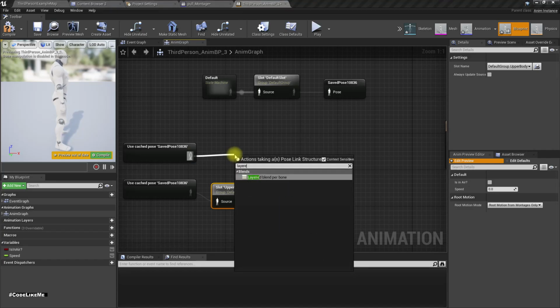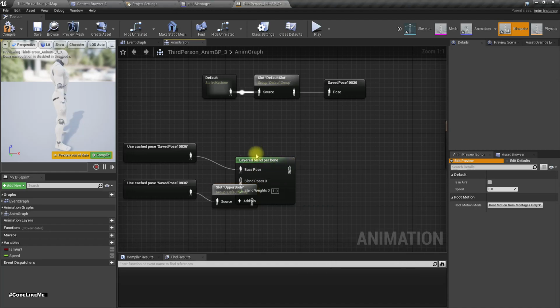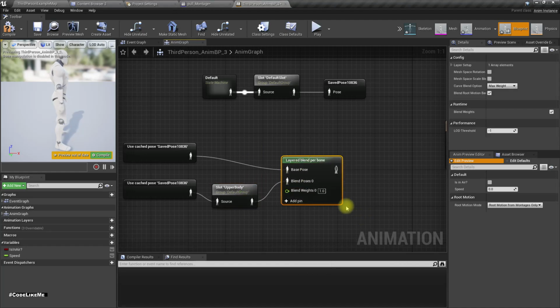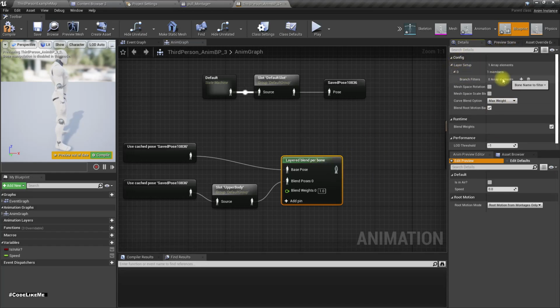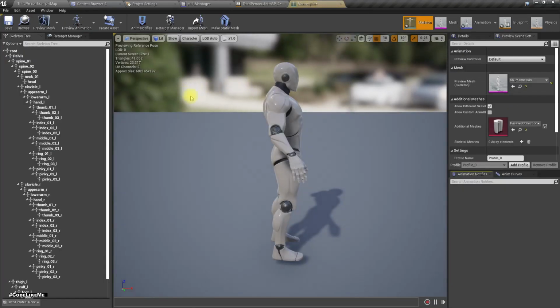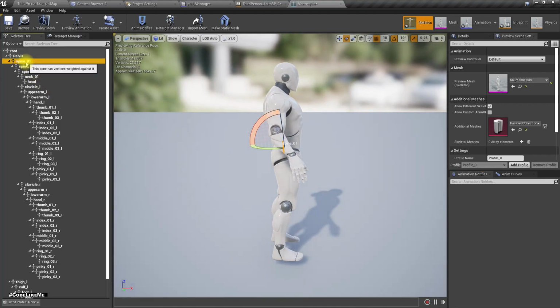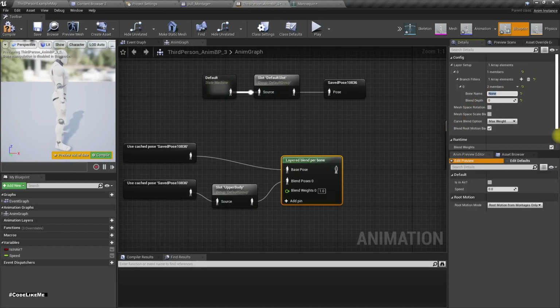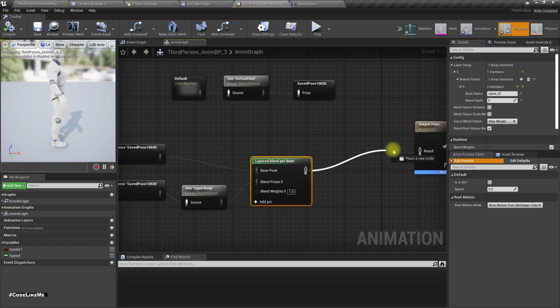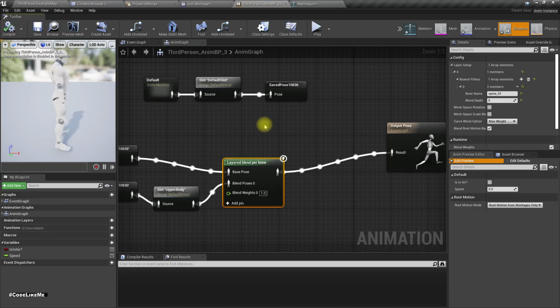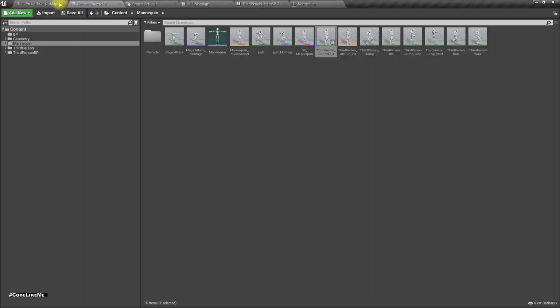So layer blend per bone like this, and here for the layer setup I'll use the bone. Which one should I use? Spine 1. Okay, now connect it like this. Right, now let's go to the